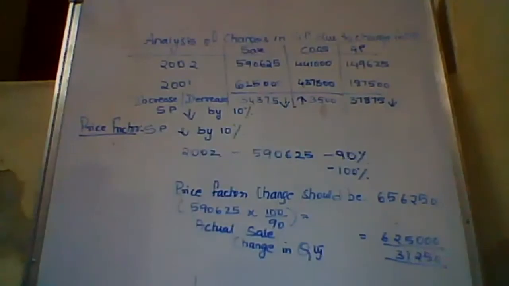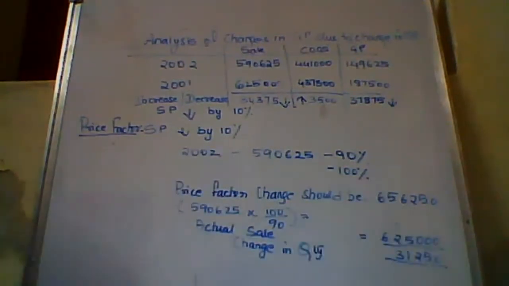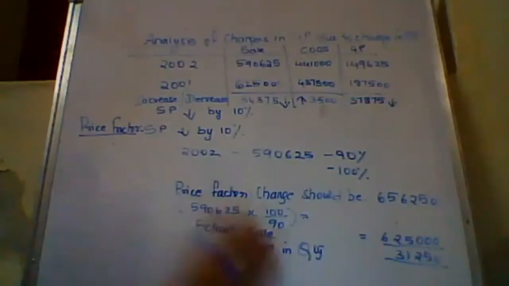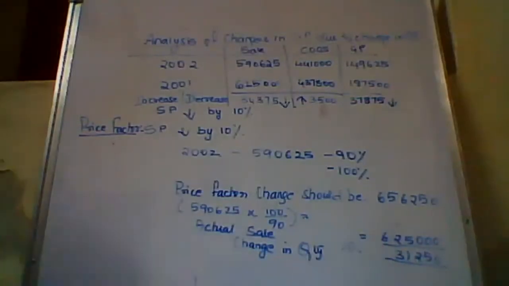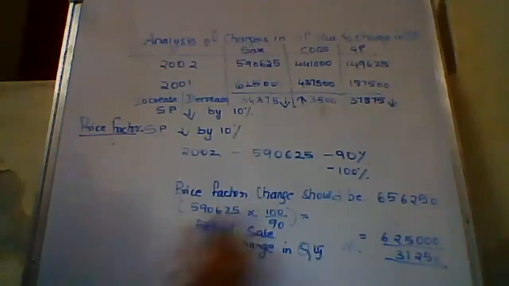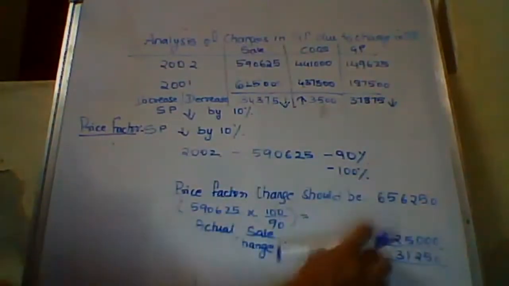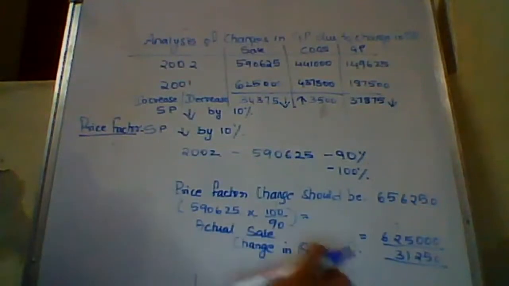31,250. Always remember, you will check whether what should be is more or less. What should be is more here. It means that there is an increase in the quantity. This is the way you make the analysis. What should be is 6,56,250. Actually is 6,25,000. It means that the difference which is there is the increase in the quantity by